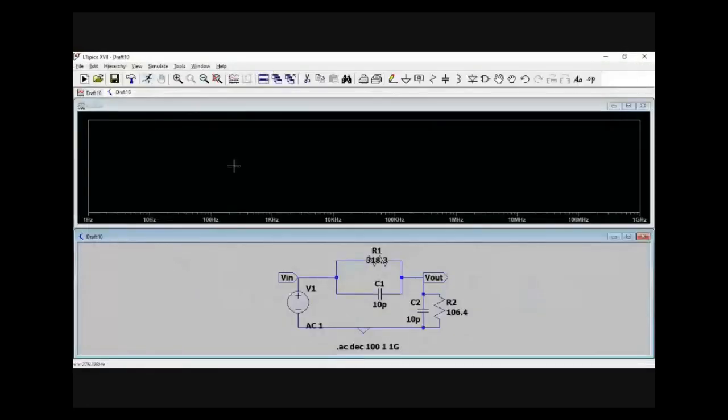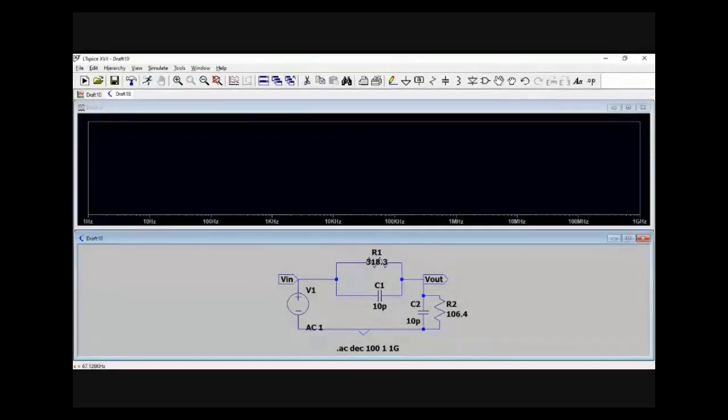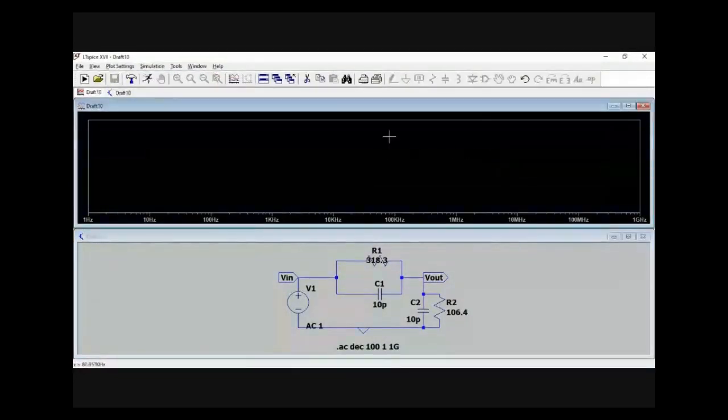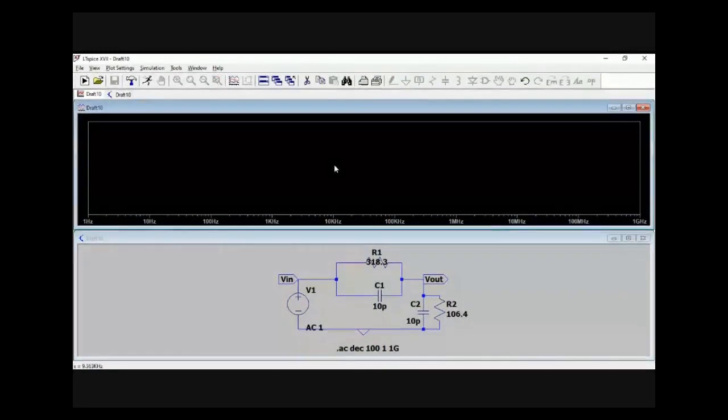And when you run the simulation, you will get a blank waveform window where you need to right click, and you can see there is an option called add traces. Can you see what I'm doing? Are you guys able to see when I click? No, sir. All right. I'll do one thing. I'll just share my entire screen.